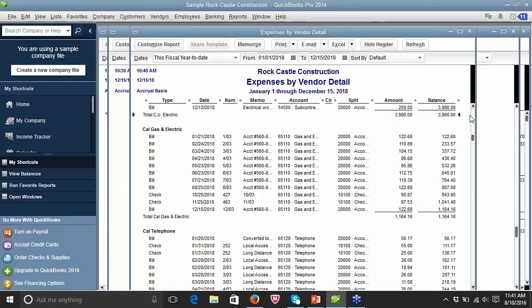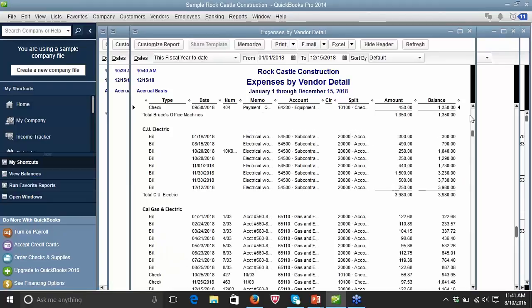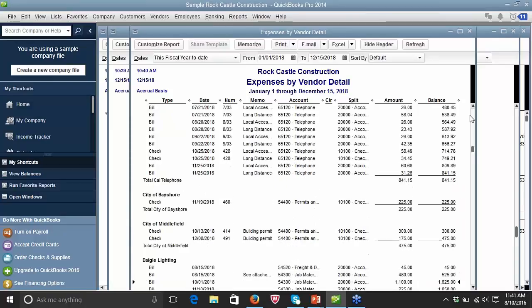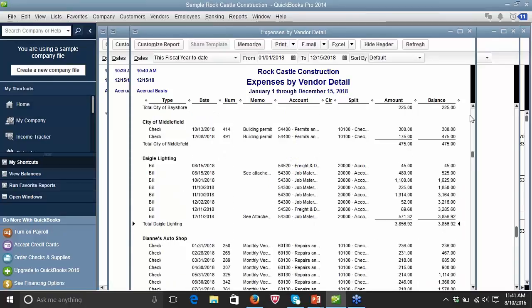In this case, you have a CU Electric subcontractor. Most of their bills have been under $1,000, and then all of a sudden you see there's one for $1,500. If you don't remember a bill coming in from a vendor and it's considerably higher than what you're used to paying that vendor, this is the kind of report where you can quickly see there's a major difference that you might want to check into as a manager. So it can be a very helpful report for managing your expense side of your department.